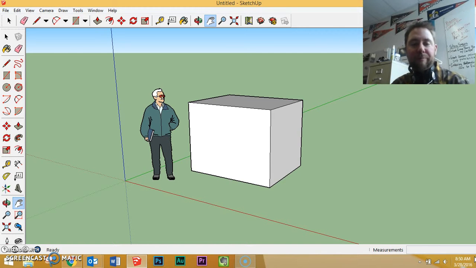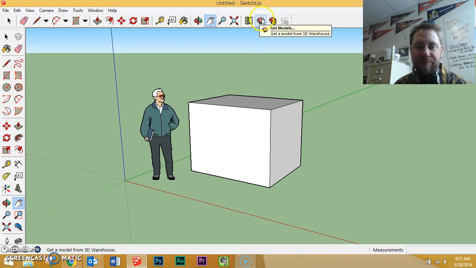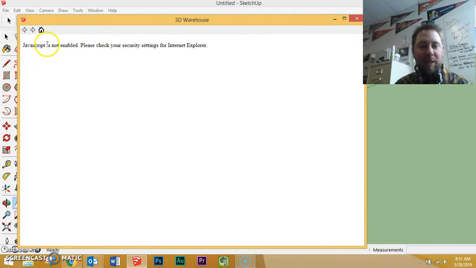So with this project, I'm thinking that it might be a really good thing for you to do. If I go up here to Get Models on my toolbar, that's one way to do it. However, it's not working for me. Notice when I click it, I get this. It says JavaScript is not enabled. Please check security settings. So that's not working. If you try that and you get this, you'll have to follow these next steps. If that works for you, you'll be able to just say load into model from there. Okay, so